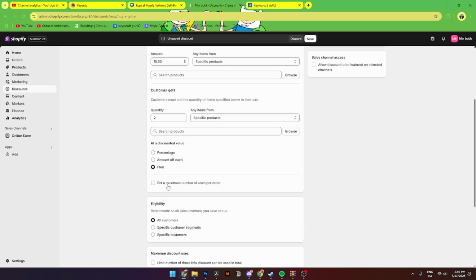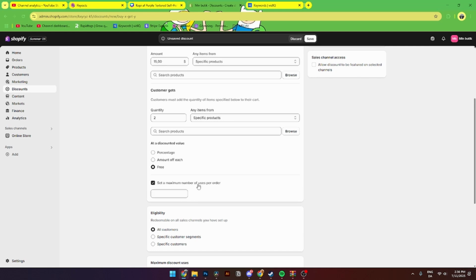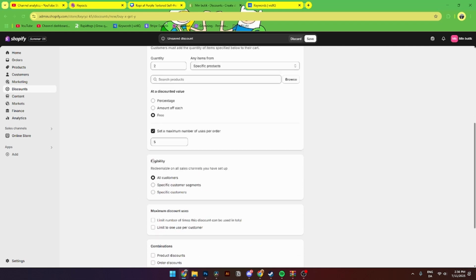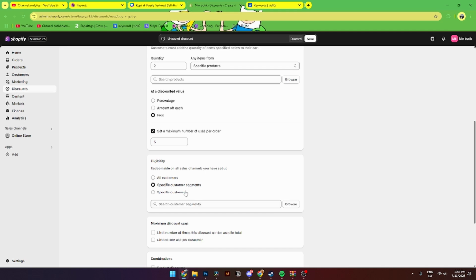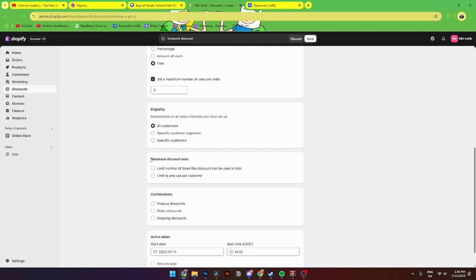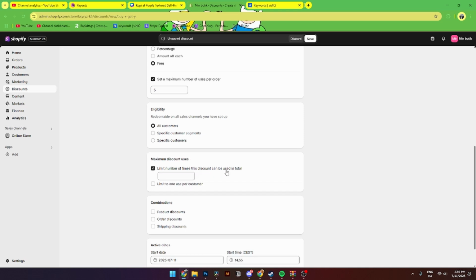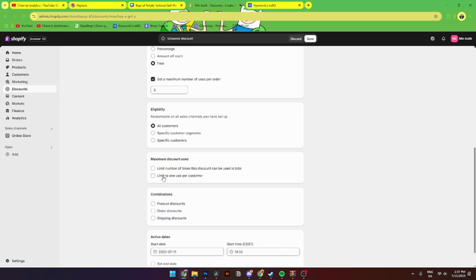You can also down here set a maximum number of uses per order, like so. Then availability. And here it is redeemable on all sales channels you have set up. And here you can select either all customers, specific customer segment, or a specific customer that you have created. Then from here you can also add maximum discount uses. You can either add a limit on the number of times the discount is used in total, or you can add a limit